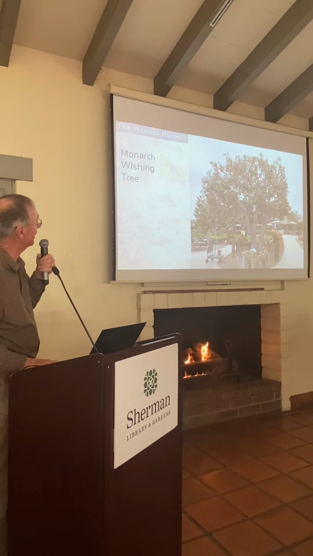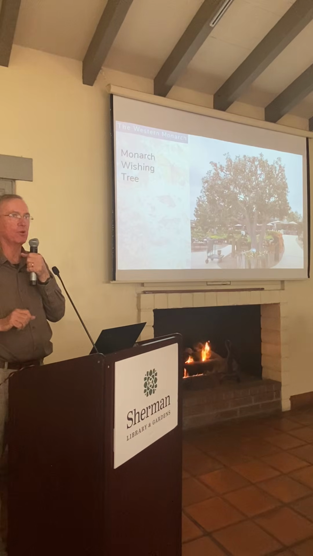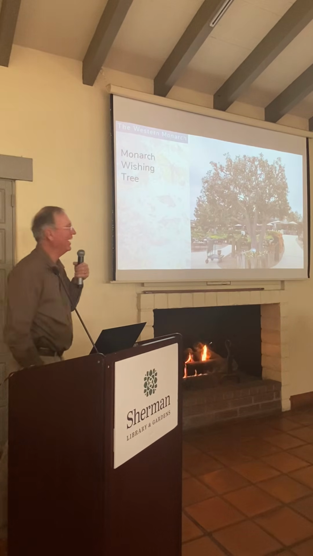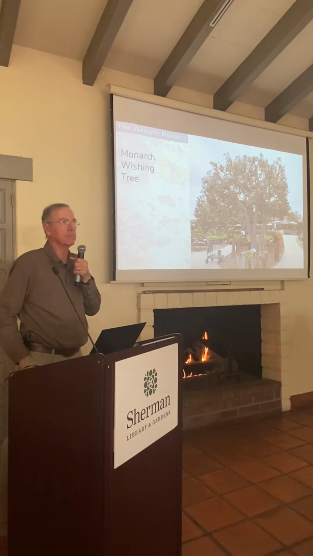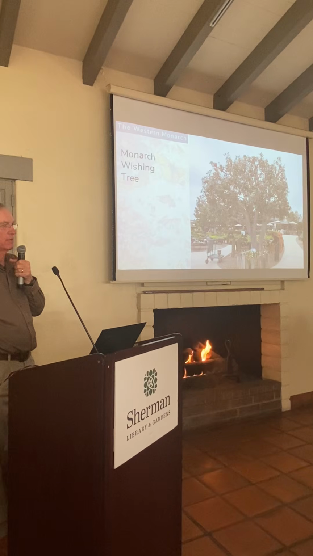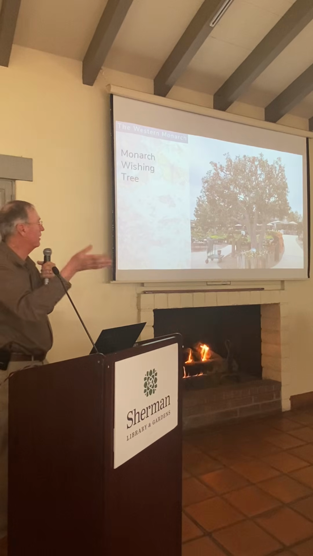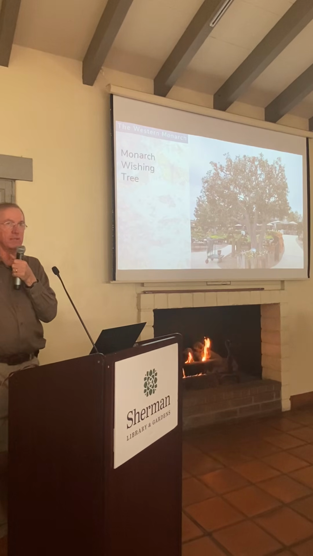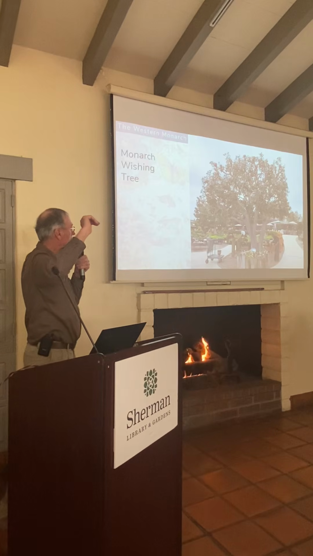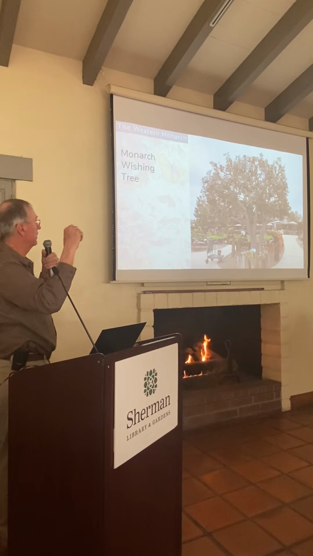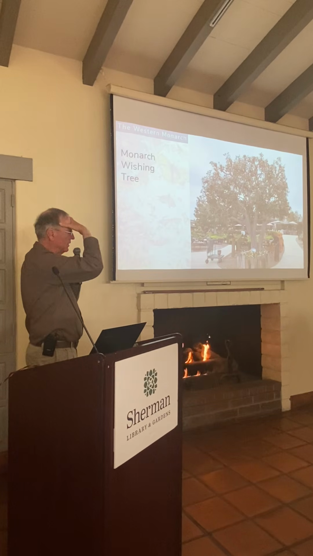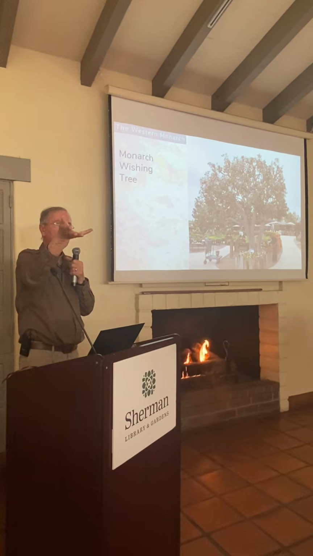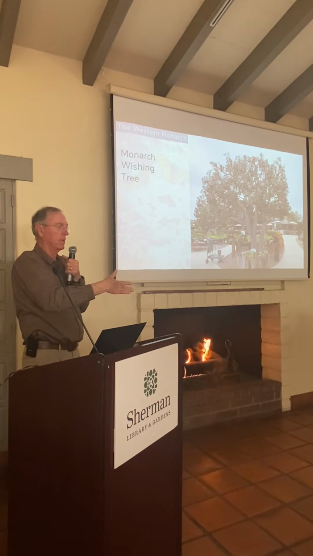Okay, so we're going to launch what's called a wishing tree, and I totally swiped this idea from Sherman Gardens, so standing in front of Carol and Scott and everybody here, I make my apologies. But they have an amazing wishing tree that's been going on for three or four years during the Festival of Lights. And I just always loved it. And somehow one night I was having a dream and thought, well, we could do a wishing tree too and connect it to the monarch thing.